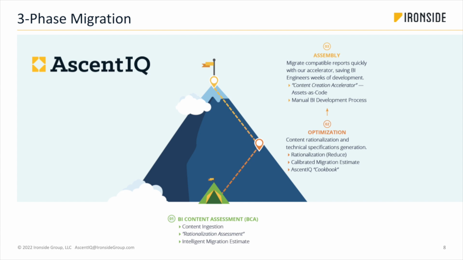Here's where we're going to take a copy of the content store. What we do on our end with our tooling is we completely break down the content store into its basic building blocks. So we know everything: how many data items and queries there are, how many render variables, parameters. Everything about every single piece of content in your Cognos content store we know about. And we create what's called a rationalization assessment. And then from there, we develop our initial pass on a migration estimate. So you have a rough order of magnitude of what this is going to take to move.